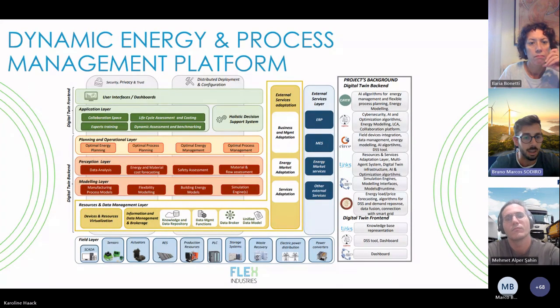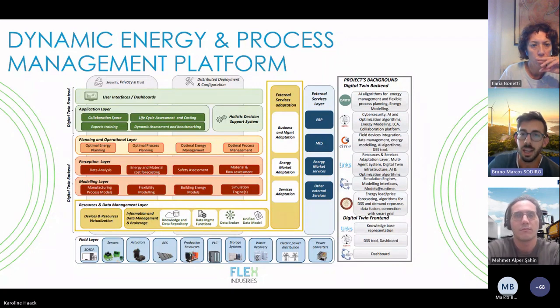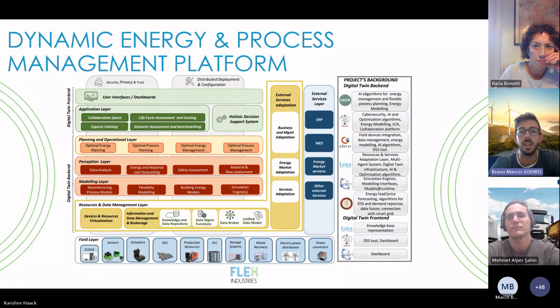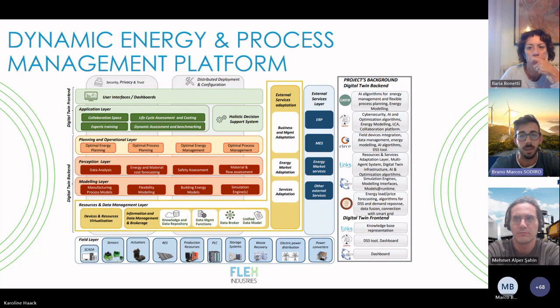our main result, which is the dynamic energy and process management platform. As you know, the call that funded us is about digital twins. So mainly the approach, as we all have here, is to develop this digital twin backend that has the potential of managing real time data from various sources. In this case, in Flex Industries, the approach is from IoT devices connected to what we call a field layer. So getting real data of the process and assessing how that data could have an impact on the flexibility potential of that process,